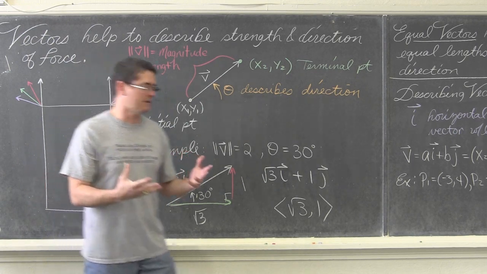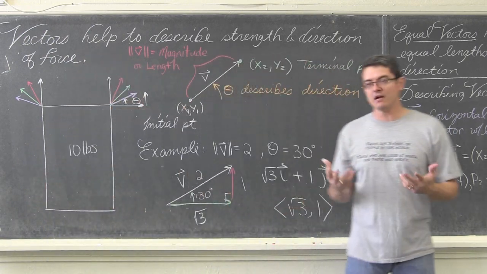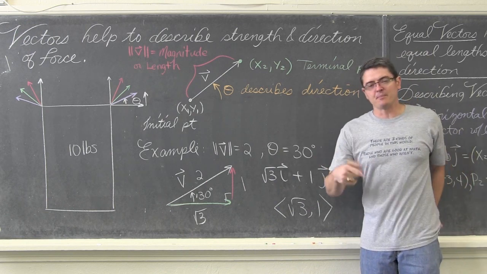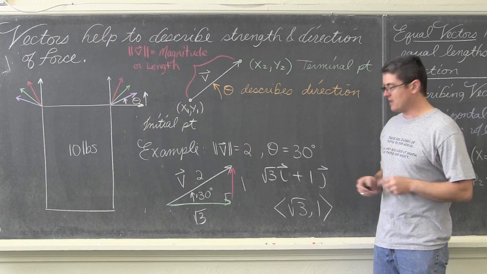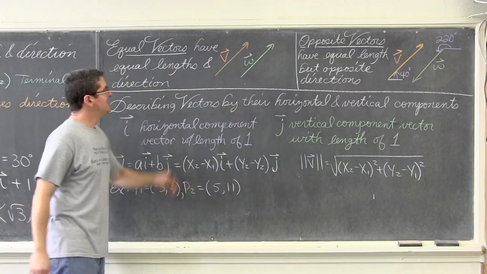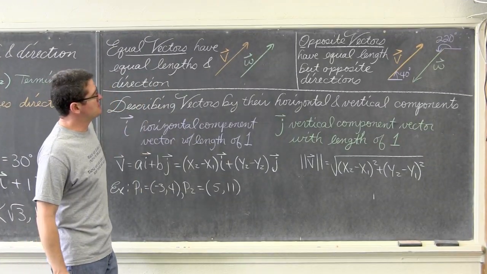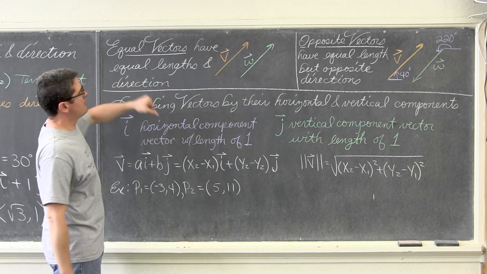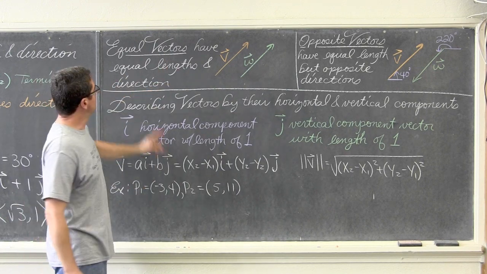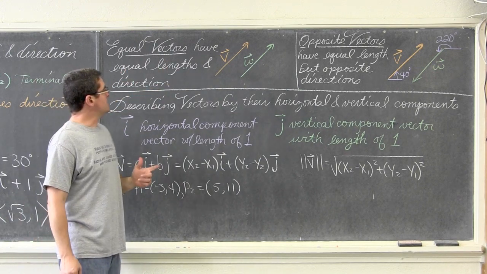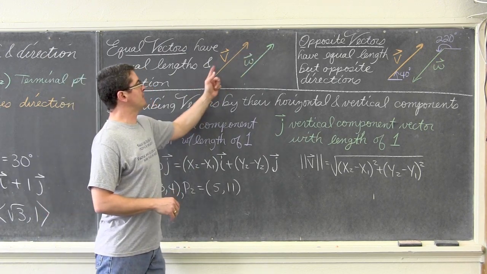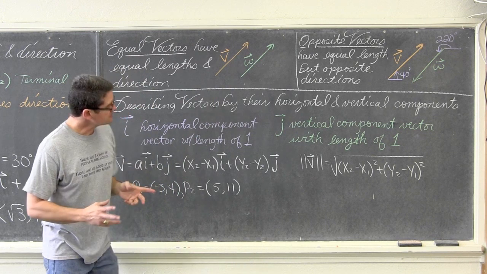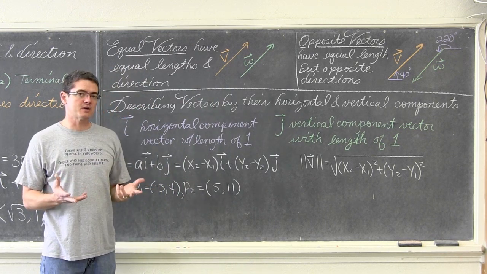So I did a lot of babbling to try and explain why you want to learn about vectors. Let's pick up the pace a little bit and get through all these basic vocab and concepts for you. Two vectors, or two definitions here: equal vectors and opposite vectors. Equal vectors have equal lengths and the same direction. So I've got a couple of examples drawn up here, vector v and vector w. They have the same length and same direction.